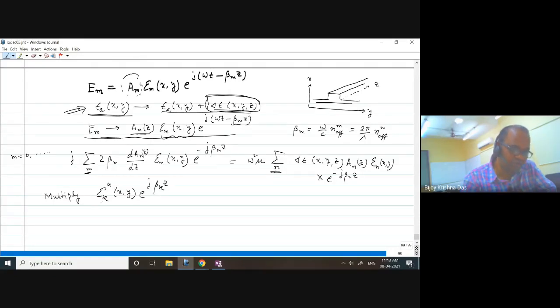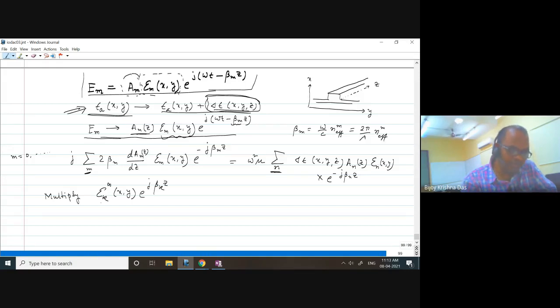Now you selectively choose one particular mode, that is the kth mode. That can be the first order mode, the second order mode, the fundamental mode, some finite mode you just consider. That can be an arbitrary kth mode, an individual mode. And you take the complex conjugate, because when I am defining this, there is no restriction that you have to consider this part as real. It can be complex also, because it is an XY dependent profile, and in the XY dependent profile you can also consider a certain kind of complexity, a phase along the XY plane.